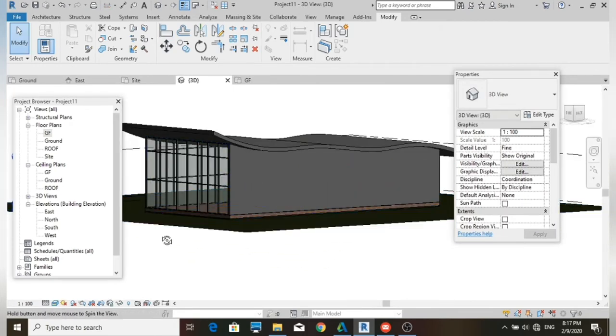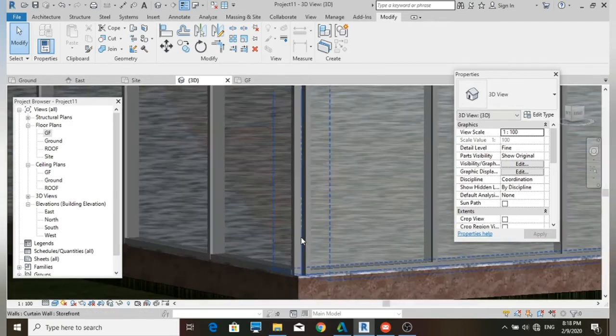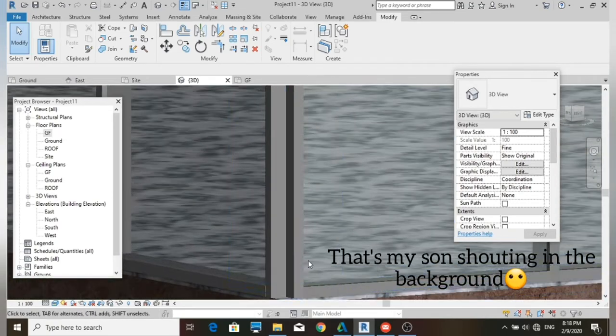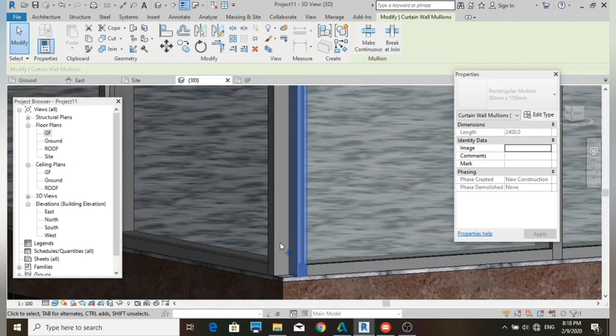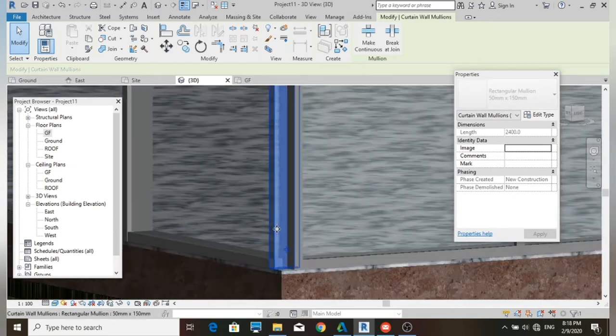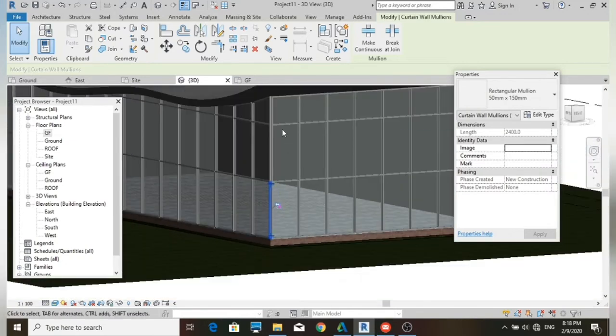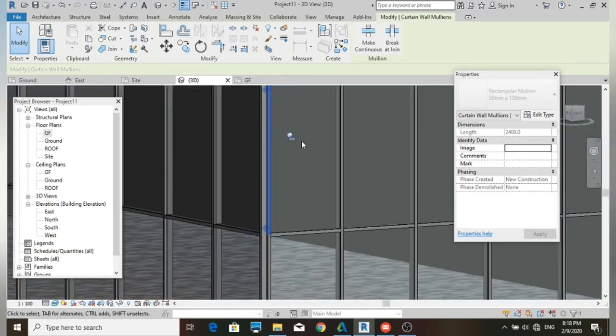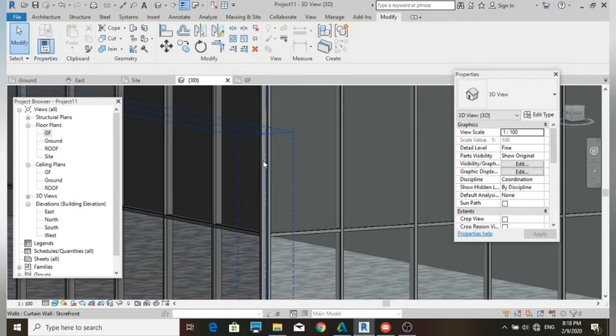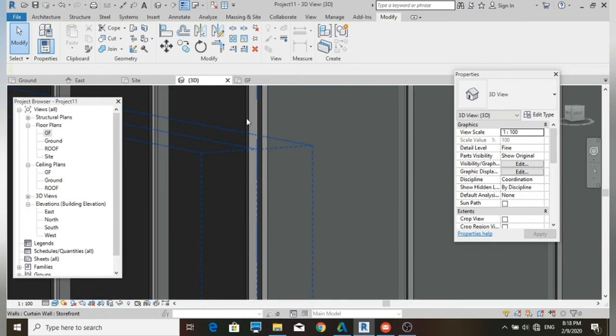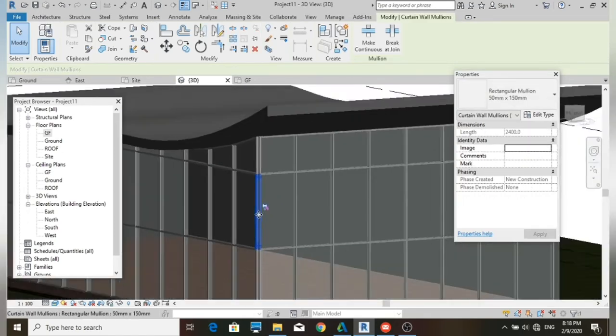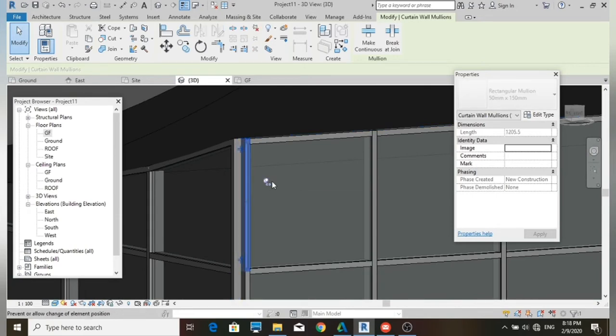Now let's edit these corner mullions. Just place your cursor over this area, select this mullion and then unpin it, and this area over this mullion and then unpin it, and then select this one also, unpin, and select this one, we have to unpin it, and we have to select this one, unpin it, this one unpin it, this one unpin it. Okay,